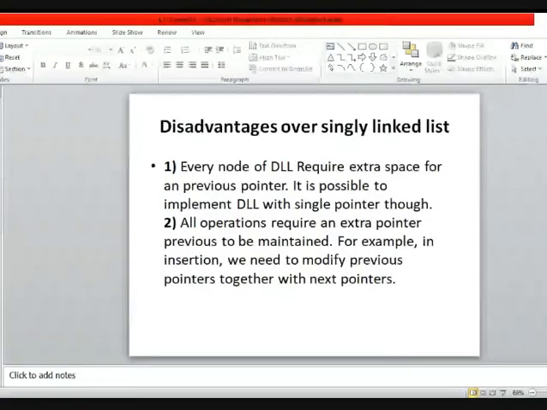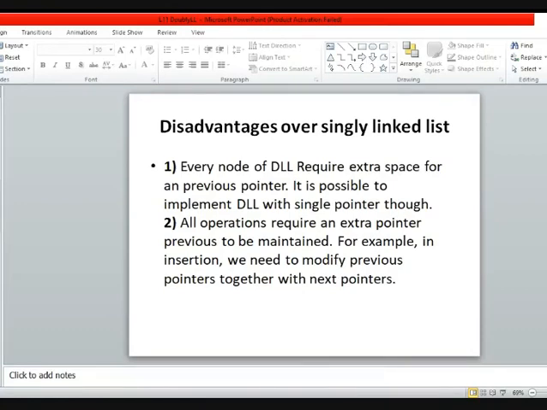With the advantages there are some disadvantages too, which we already discussed, that it is a bit complicated to manage two pointers at a time. So it becomes a complex data structure in that sense. In terms of space, a single node will have extra space because of the previous pointer.